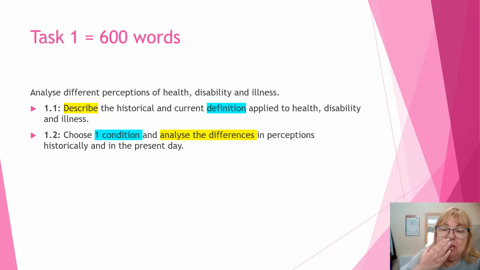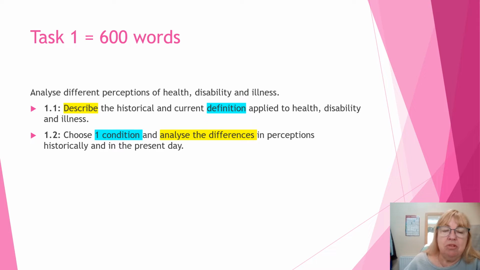And then the second part of it is for you to pick one condition. Now, we probably want you to pick something like a chronic condition. I don't want you just to pick flu or something, because there isn't that much difference. We want something that maybe someone's lived with for a while, like cancer or learning disabilities. Mental health is quite a good one. I think I've given you an example of mental health. So I want you to pick one condition, just one,